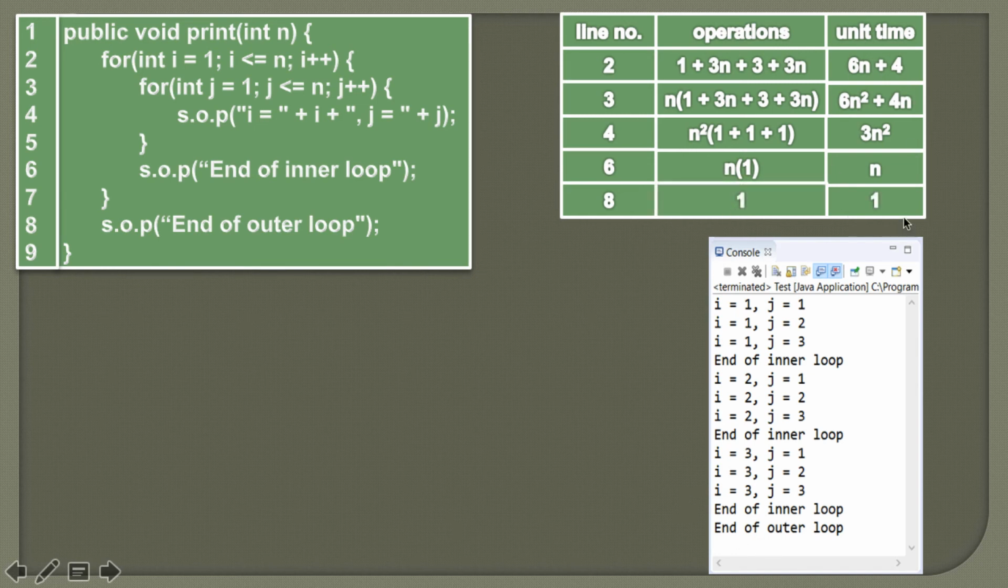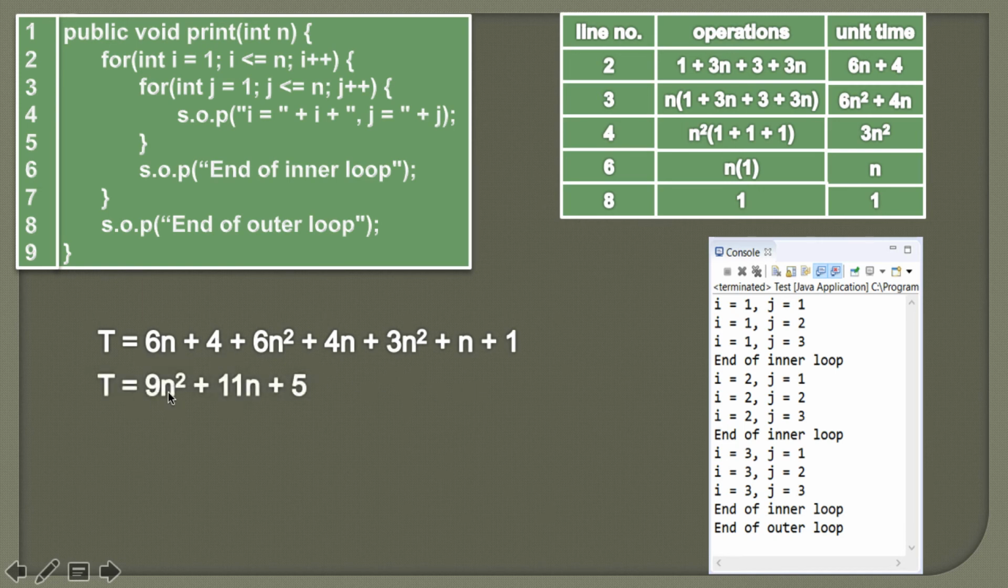So if we add all the unit times, the total time would be 6n + 4 + 6n² + 4n + 3n² + n + 1. And if we add the n² terms, the n terms and then the constants, it will become 9n² + 11n + 5. So here, as we assume that we take the value of n to be very large, we ignore the lower order terms,